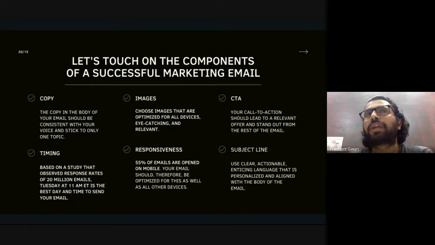Next, the third part of your email marketing campaign format is the CTA, the call to action button. Call to action buttons are the most important part when it comes to engagement from our customers. We add call to action buttons on our websites. We add call to action buttons on our blogs. We add call to action buttons in our advertising, and we add call to action buttons in our emails. So creating call to action buttons which are relevant to your offer and stand out from the rest of the email can bring more conversion for your business.